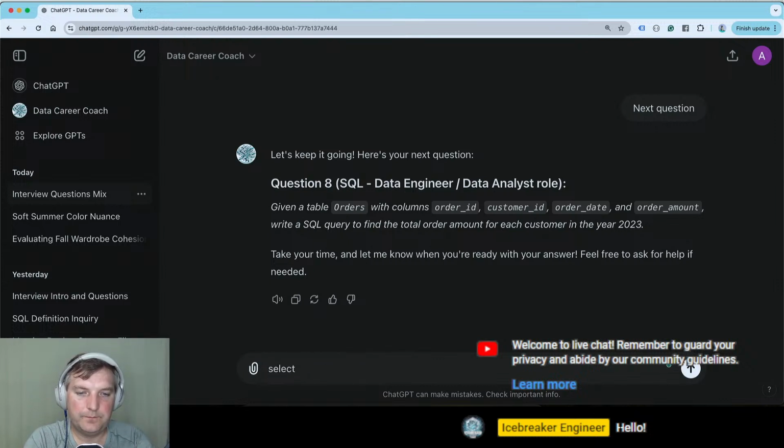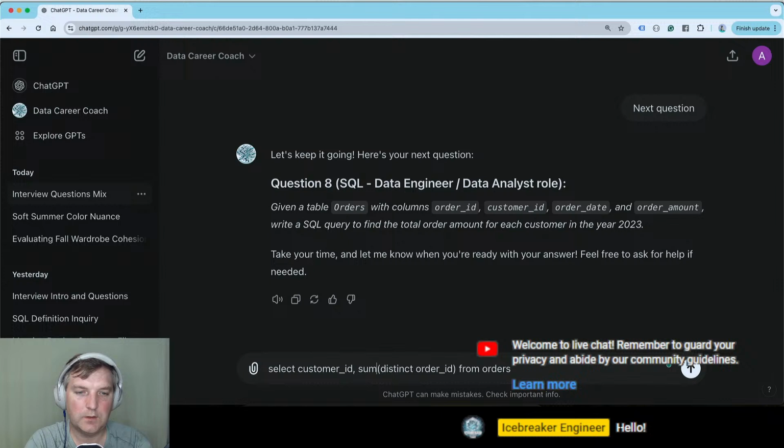Select customer, total order amount. Write a SQL query to find the total order amount.